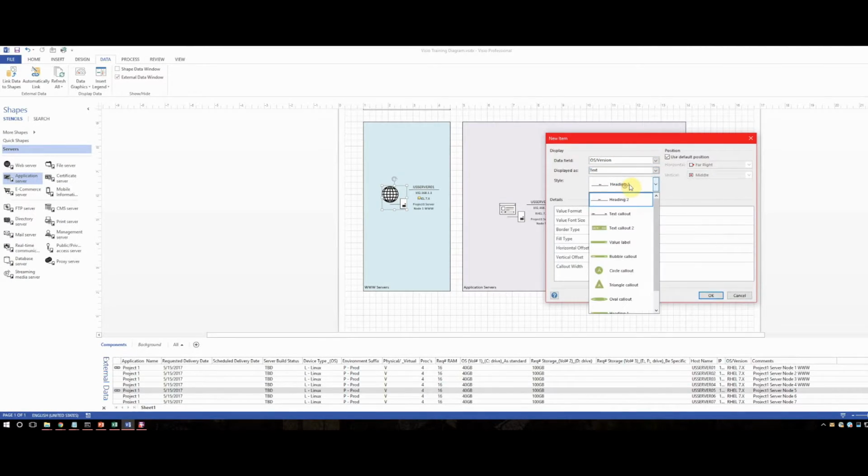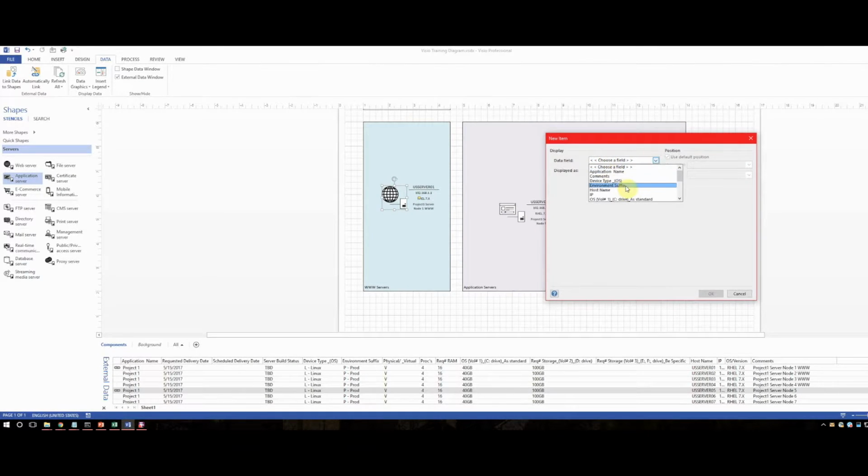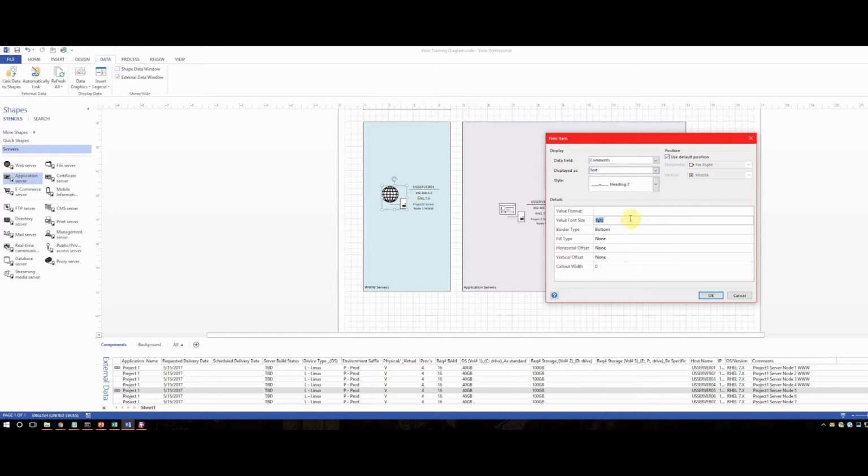We're going to do text and none, and 10, and then I think we said we're going to do comments. So let's do comments to give us just sort of a brief description. Also 10, and